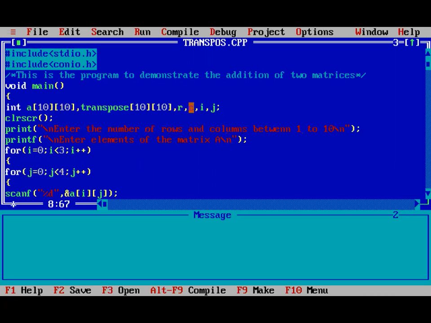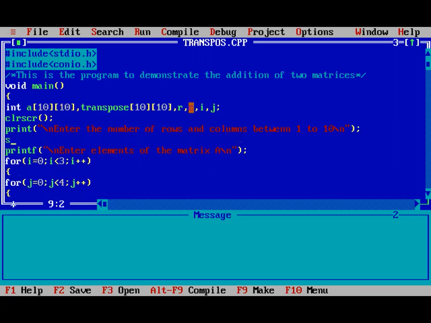So we have to write this statement just to avoid any mistake. Scanf %d %d, because we need two values here, ampersand r, ampersand c.